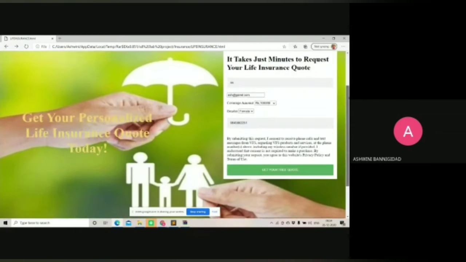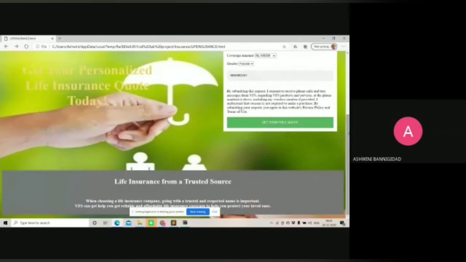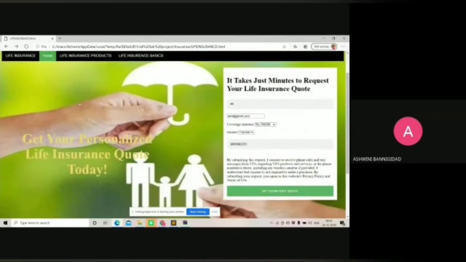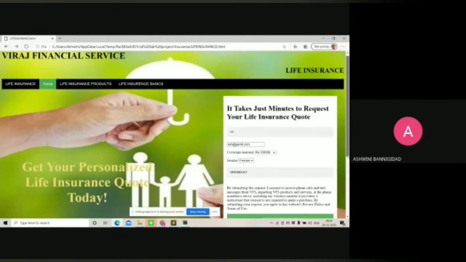In this web page, I have just given one thought and added it in the footer. In the body, this is the form, and this thought is added using a grid system. 50% of the grid system in the body is occupied by this thought, and 50% by this form. This is all about life insurance.